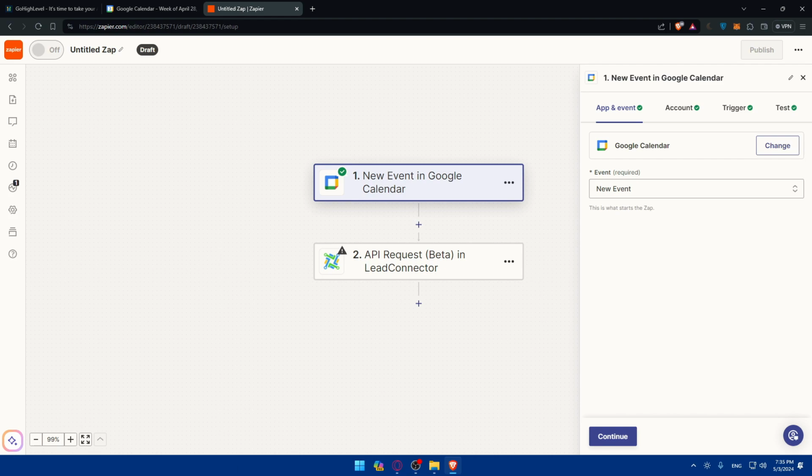So there you have it. By connecting Google Calendar to GoHighLevel, you can streamline your scheduling processes and manage appointments effectively within a single platform. You can use this integration to stay organized, improve productivity, and optimize your time management in the dynamic landscape of